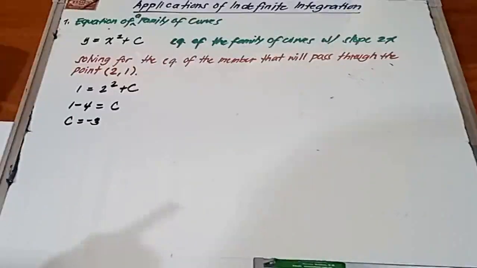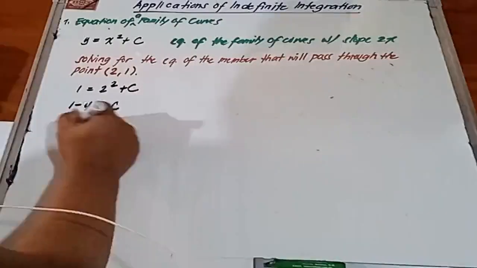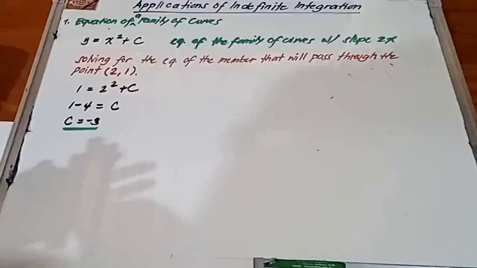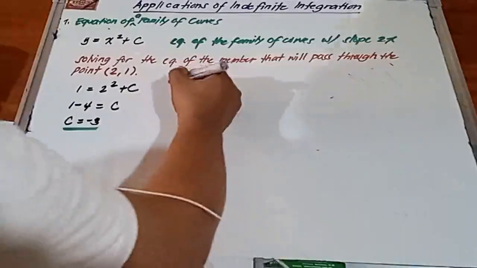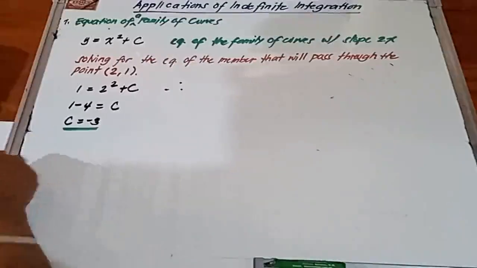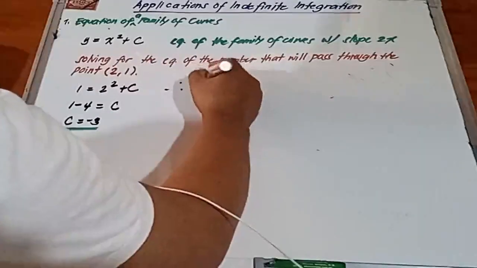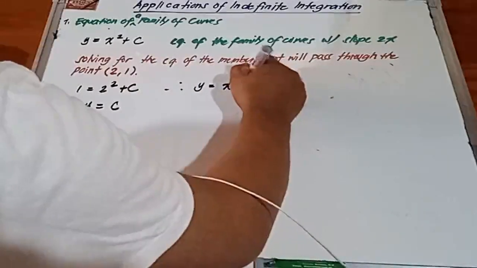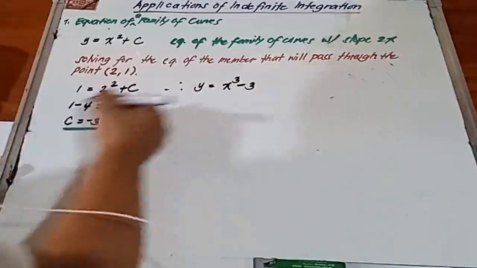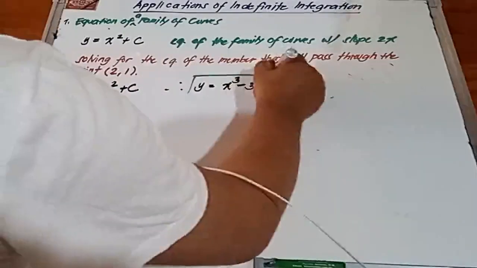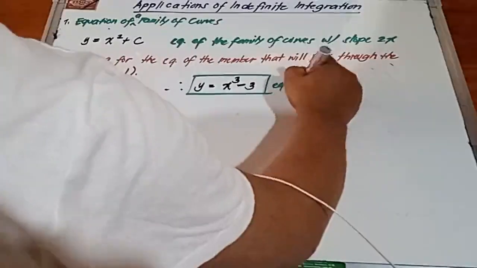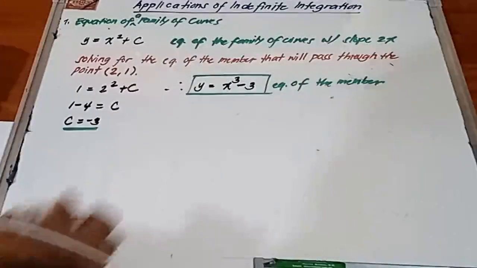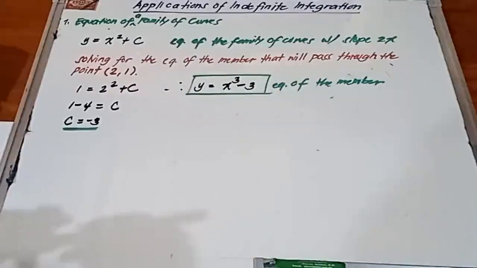So, anong equation ng member? Ang equation ng member natin ay substitute natin yung c dun sa ating equation ng family of curves. Okay? Therefore, ang equation ng member is y equal to x squared minus 3. Okay. Ito yung sagot natin dun sa tinatanong. Ito yung equation of the member, member ng family of curves na may slope na 2x. Para maintindihan ninyo